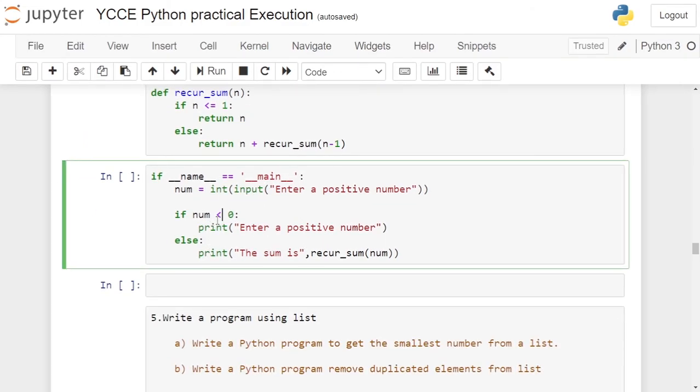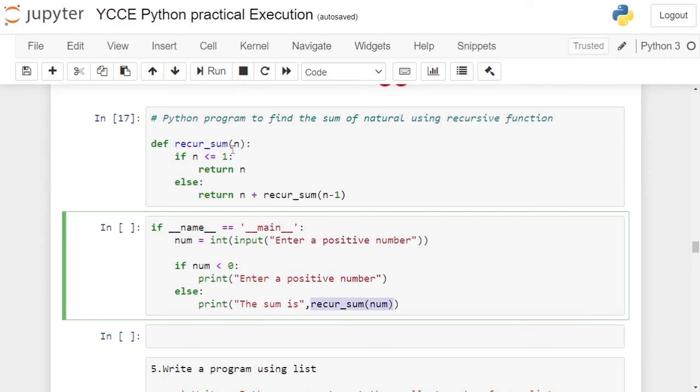If the number is not less than 0, else part will be executed where we will print sum of number is and call recursive_sum function with num variable. From this point, control will be transferred to the function where recursion will be performed. Sum of n natural numbers will be computed and value will be returned to the called point and directly printed on the user screen using print statement.